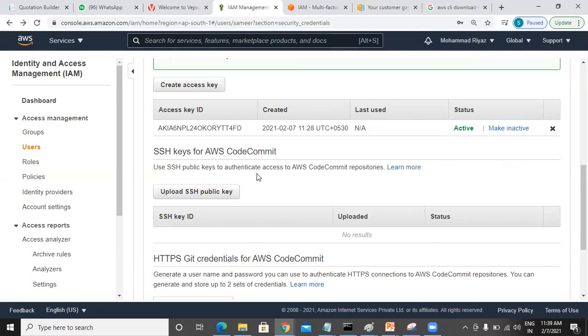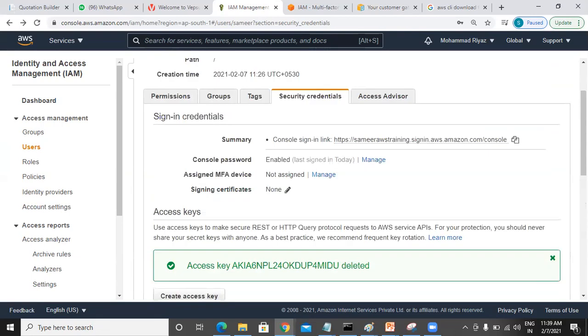There you can use this. As of now, if we are not doing any development activities, you can ignore it. But for you, the major things will be secret key, access key, and multi-factor authentication. All these you will be using at any given point of time for communicating with your end user. So this is about your users.